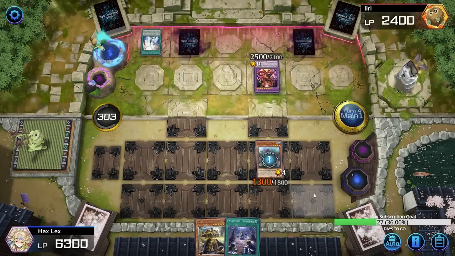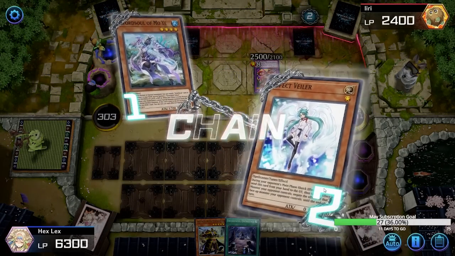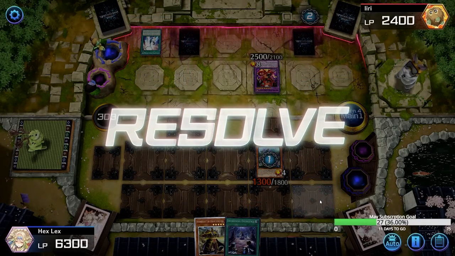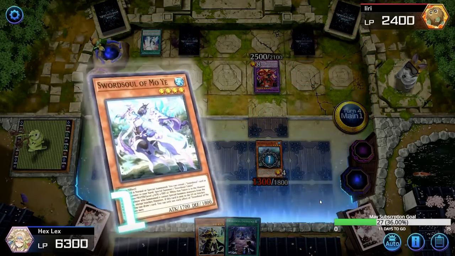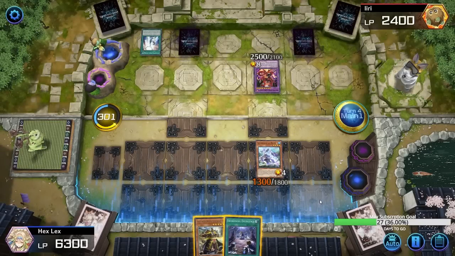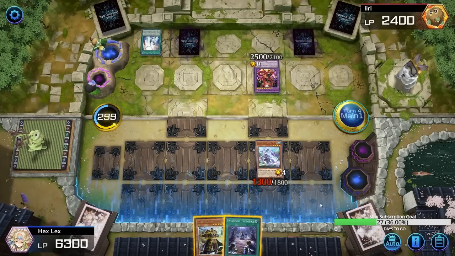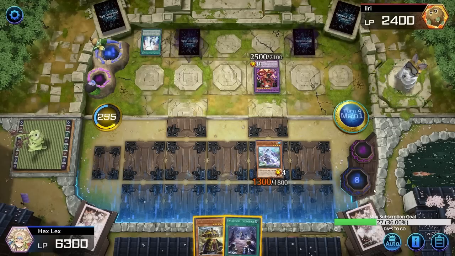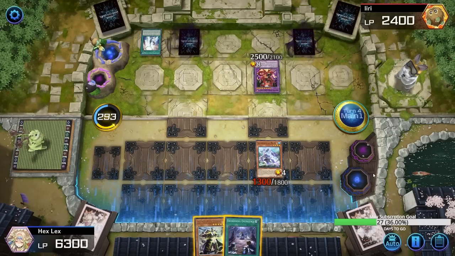Oh, they have a Veiler. I didn't force the DPE or the Widow Anchor. I was hoping to get either one of those. Yeah, I think that's GG at this point. Well, it's not like GG. We're not dead, but...